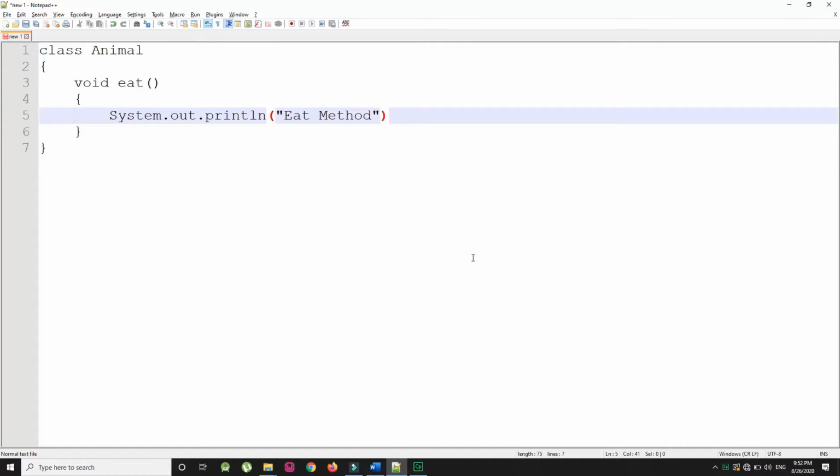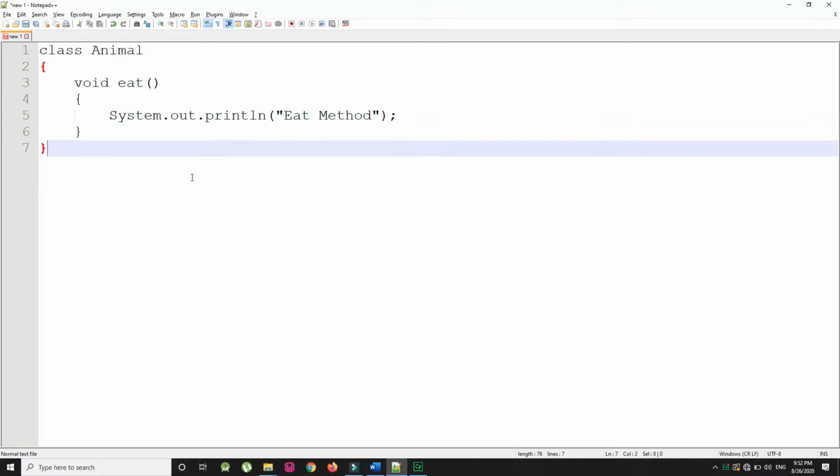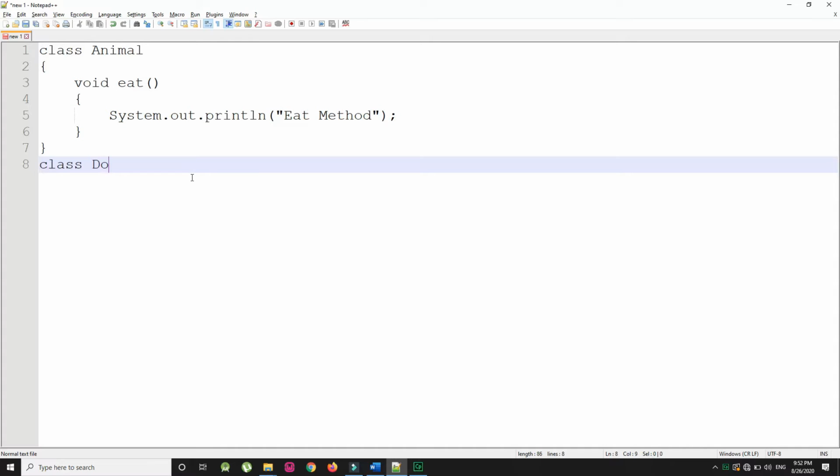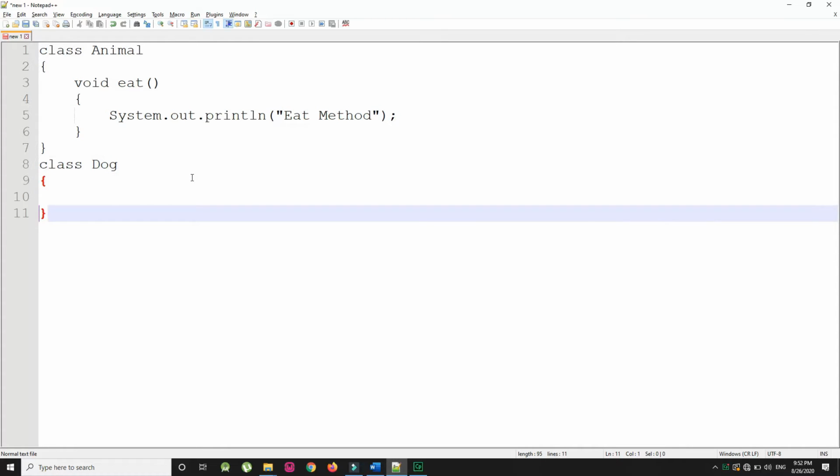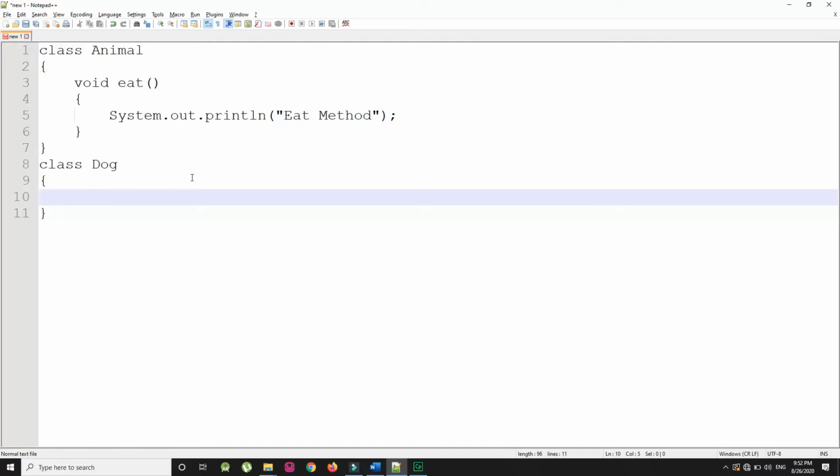Then I am going to create another class called class dog, and in this class I am going to create the main method, that is public static void main and in brackets String args.